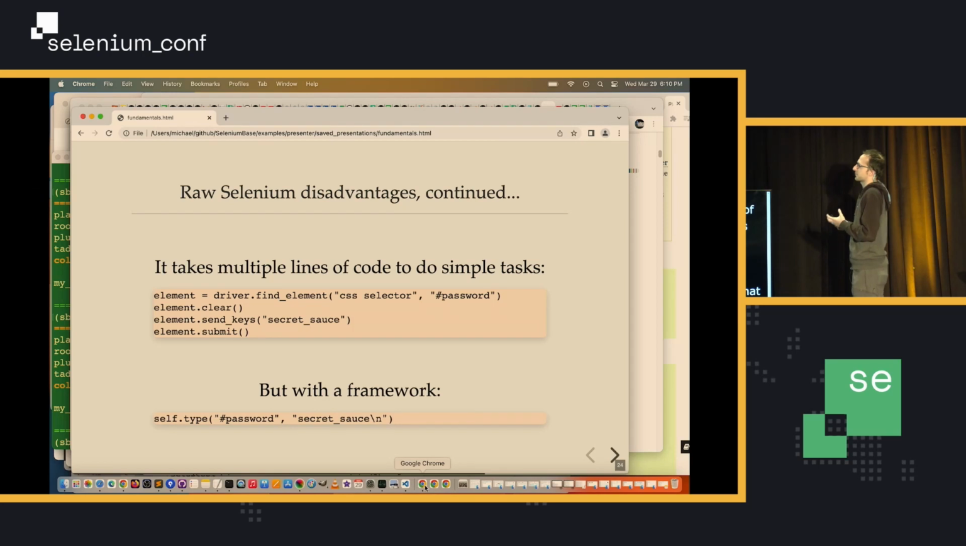So, more things with raw Selenium. It might take a lot more lines of code to perform the same thing that a framework could do with a single line of code. For instance, with regular Selenium, you might have to first find the element, and then clear out the text field, and then do send keys to type in text. That is how to log into the Sauce Labs demo website. And then you go into element.submit, and that will let you log in automatically